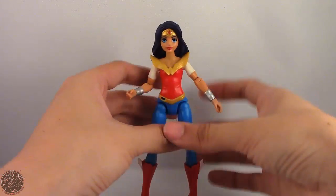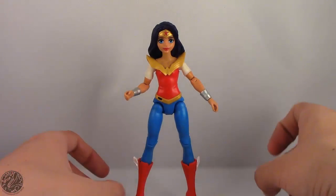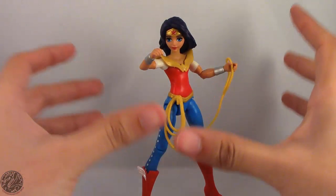But really excited to have her, so what I'm going to do now is take a little break, get a pose for my final thoughts, then we'll wrap up her review. So sit tight, everyone. So here we have Wonder Woman posed for my final thoughts, and overall, really, really good action figure,